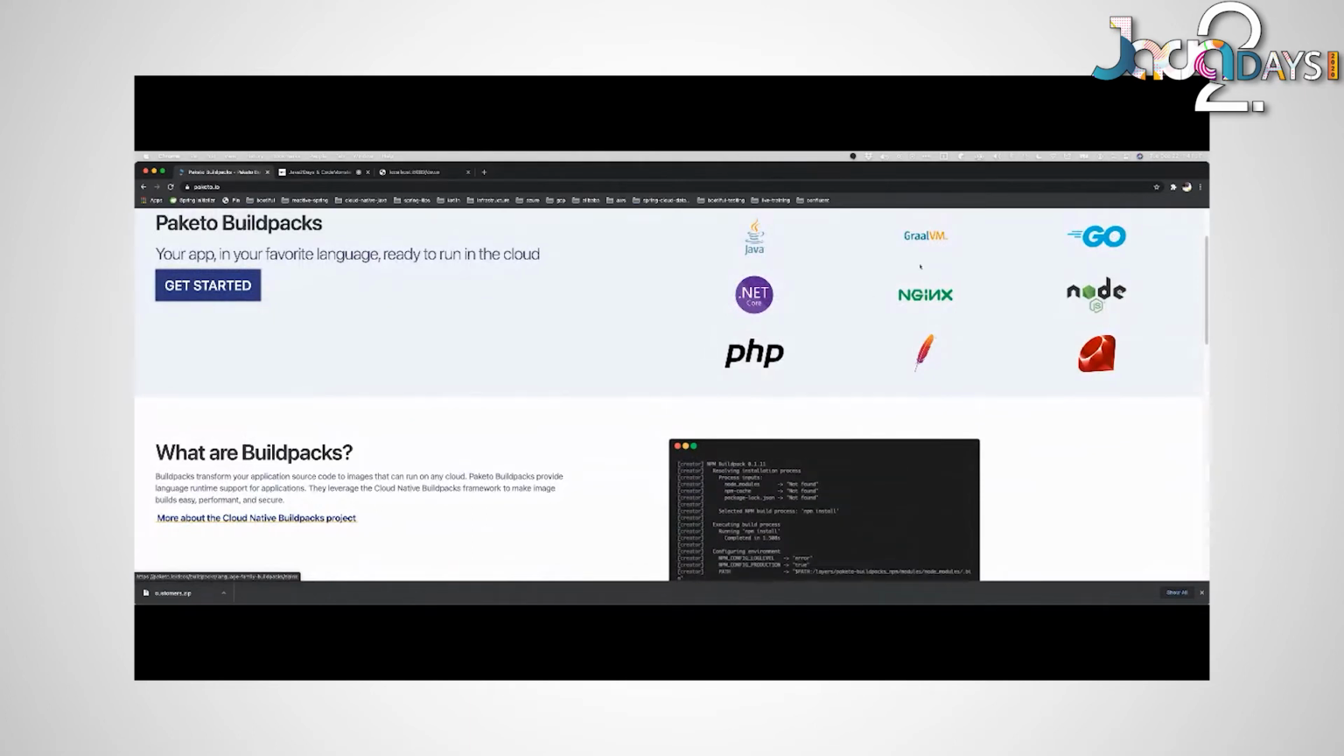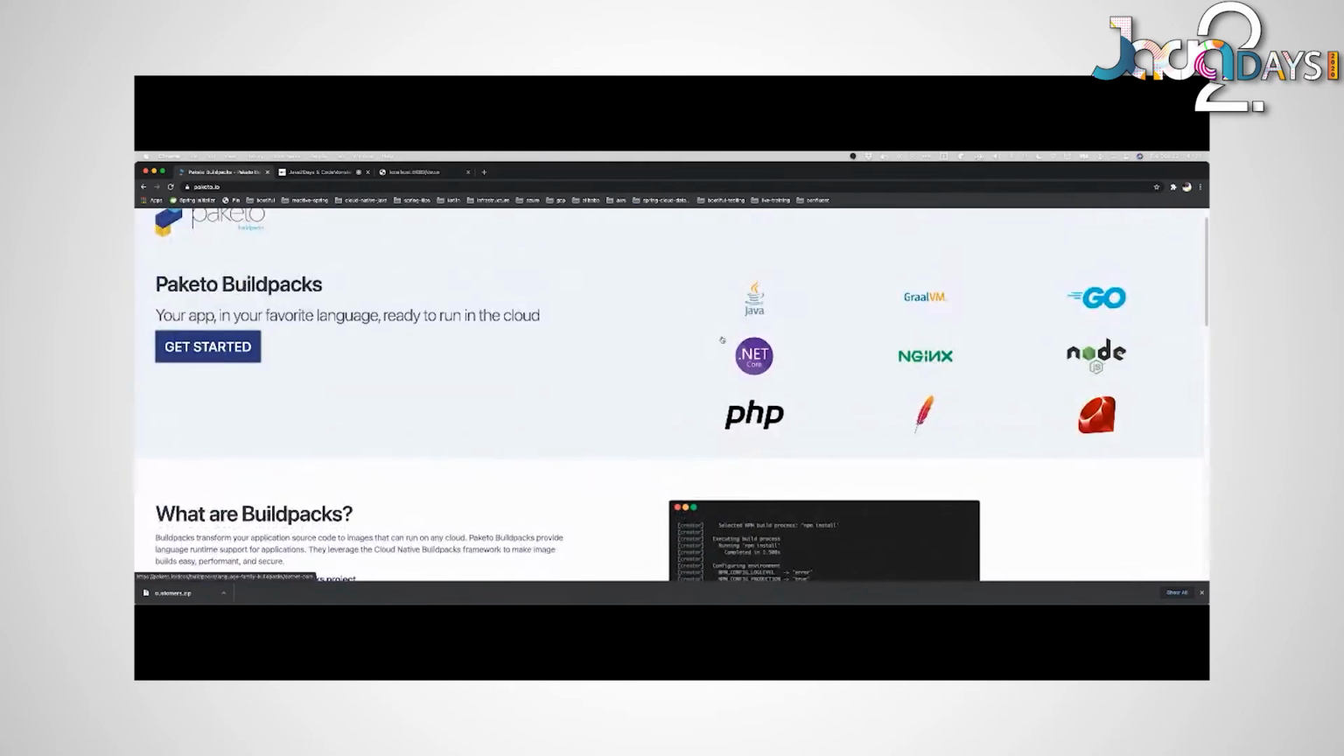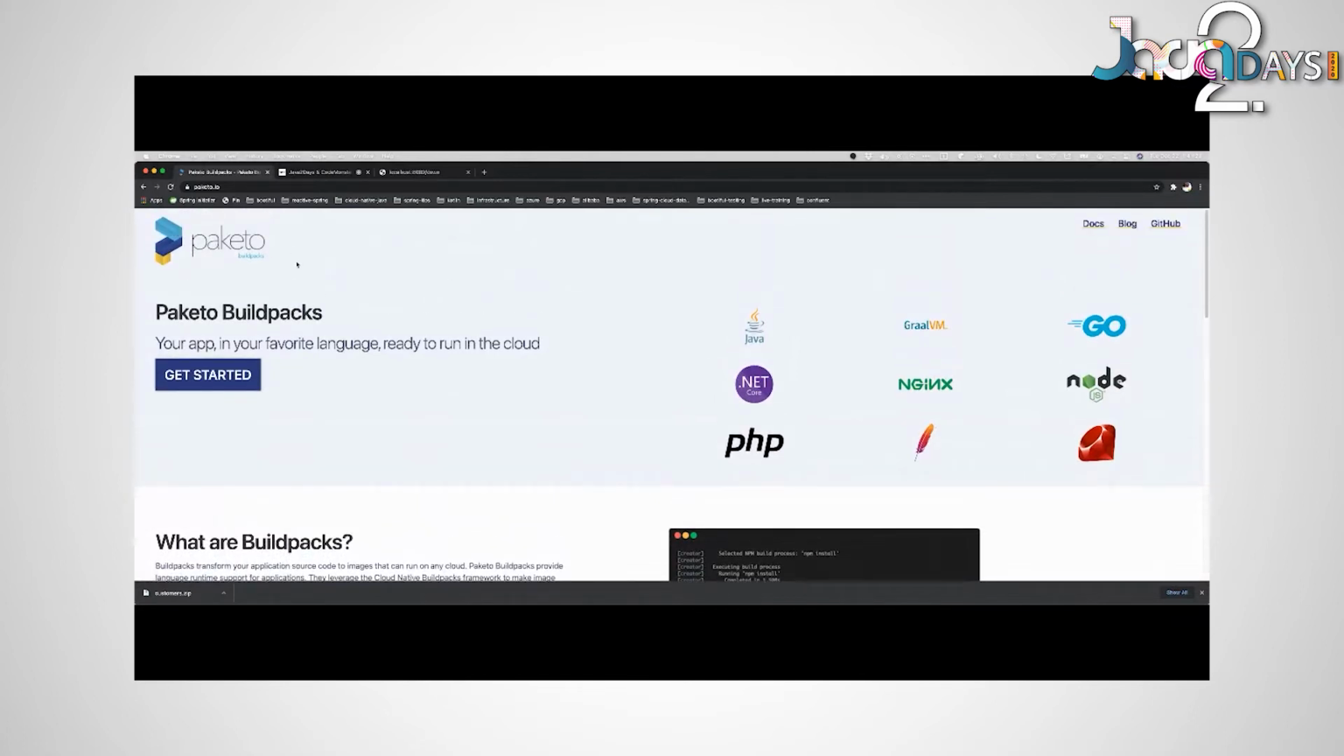It'll do the same thing for those languages as well. And so you can actually use a command line tool called pack. You can say pack space build space period, and then it'll take the code